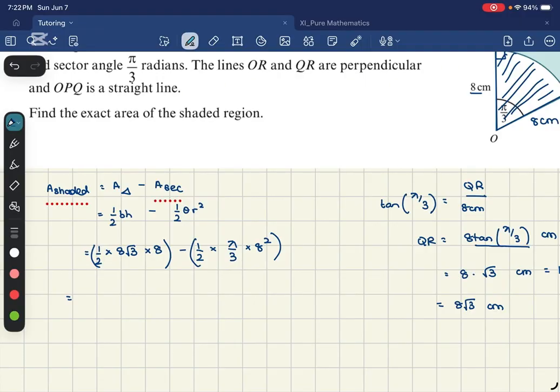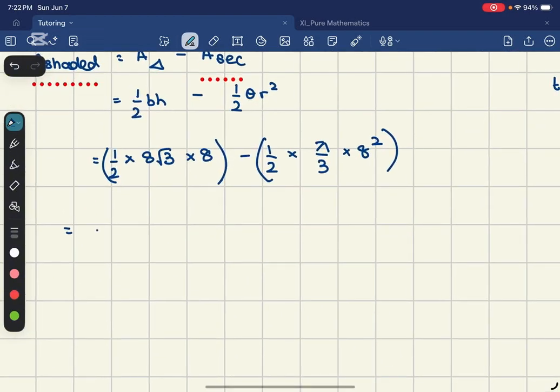So if you plug everything into your calculator, you get 21.9153. So if you just plug this expression into your calculator, you should get this value. And when you round off to 3 significant figures, it is just 21.9 centimeters squared. So that is going to be your final solution. 21.9 centimeters squared. All right,